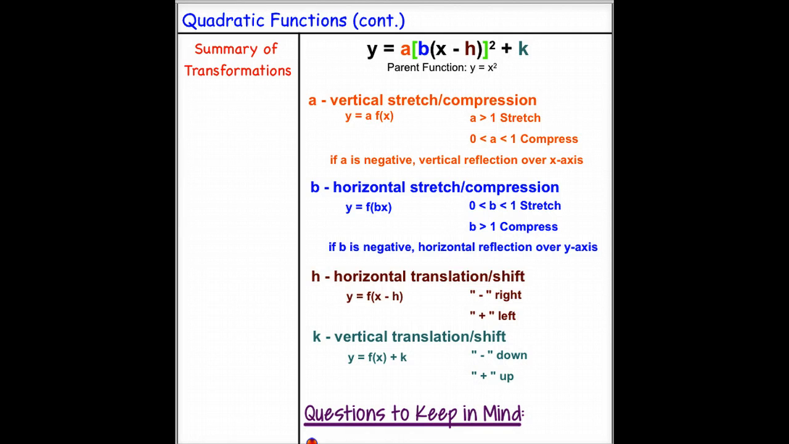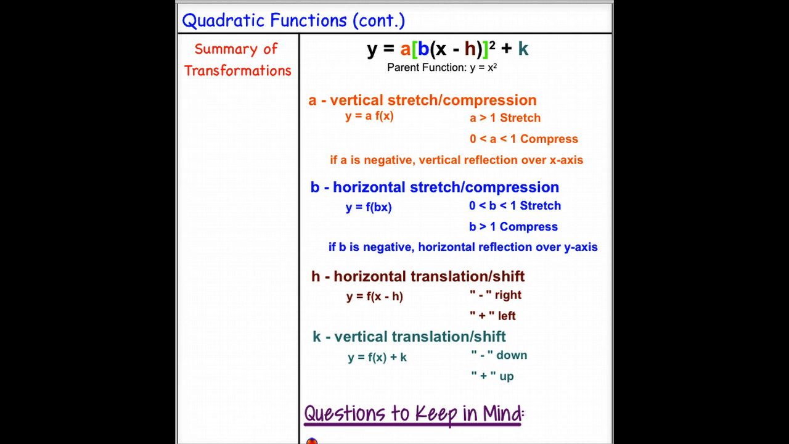I've taken the liberty of taking our summary of transformations from chapters 1 and 2 to go ahead and simplify it a little bit further yet, and also color code it with the vertex form of the quadratic function to give you an idea of how everything fits together, to hopefully give you a better picture and increase your success. If we have an a value, which is in orange there, that is out front of the function,